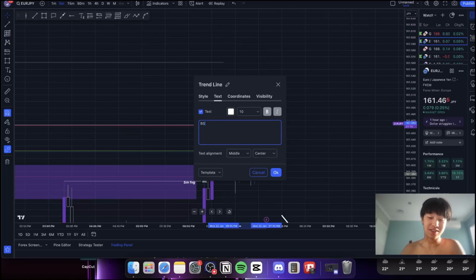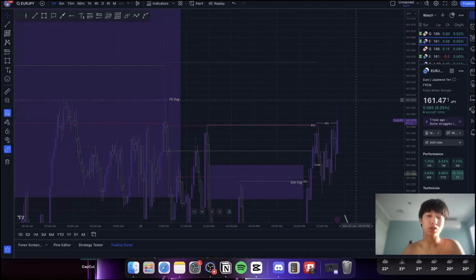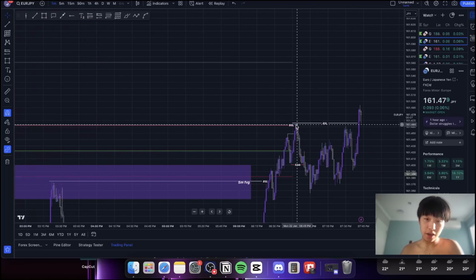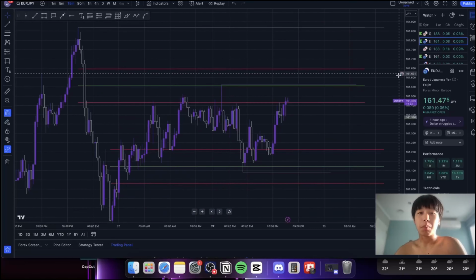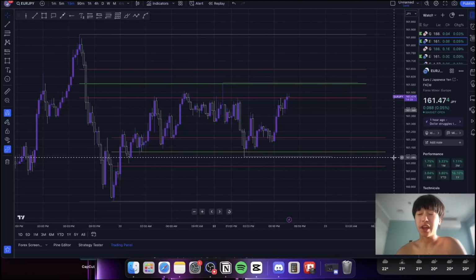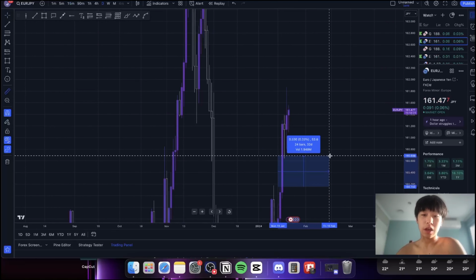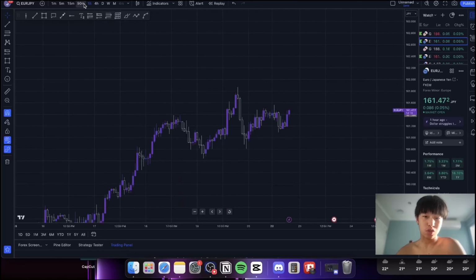Like, I don't think I should re-enter. In fact, I don't condone re-entering or revenge trading at all. But I literally read a post about it last night. In trading, sometimes you're gonna make a bias that makes so much sense to you, that it just fills you with so much confidence that it's gonna go to a certain take profit. I still think that this daily fair value gap is going to get hit, but unfortunately, we just should not have entered